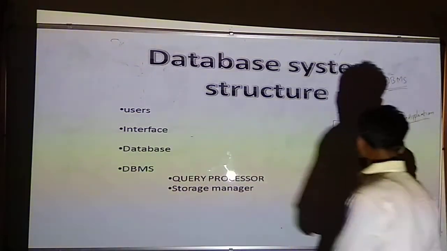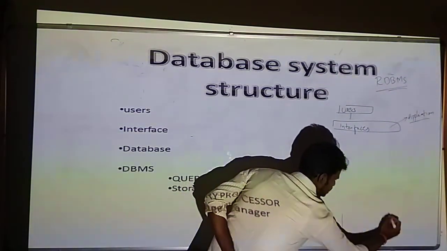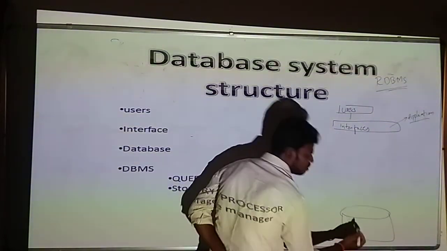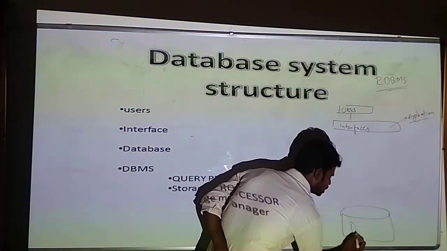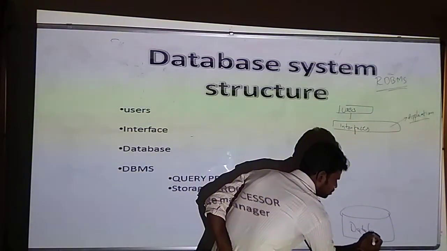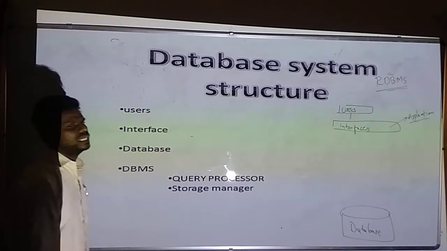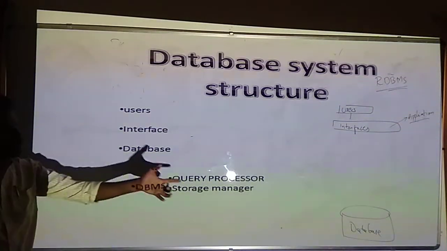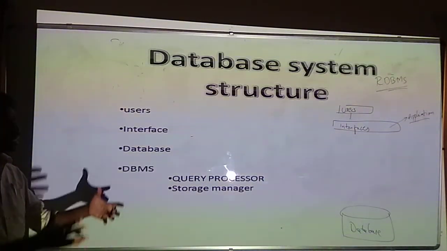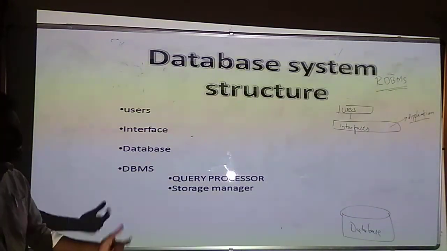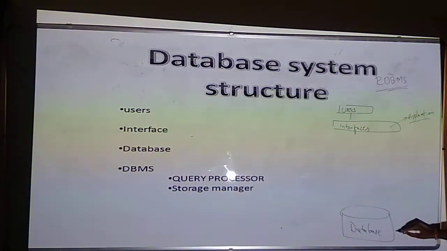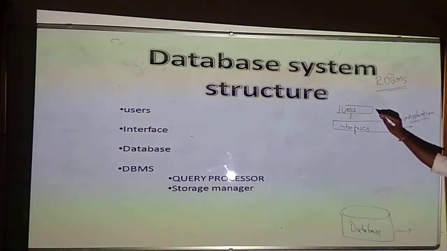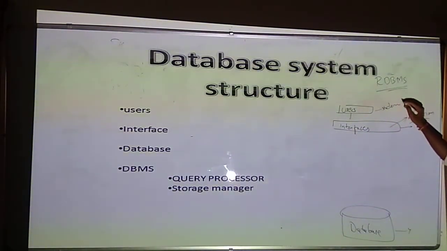The database will be stored somewhere in the server. Every time we will represent the data by using a bucket, where you will be storing your data. This is the physical storage, where you will be registering your databases. You will have a collection of data over there. Interrelated data will be kept in a database. Consider your university database. The university database will be stored here, and you will be using university applications in order to access it. And the student will become the user now.